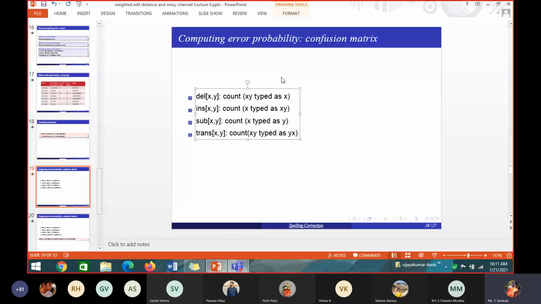For finding out the probability, you have to take 2 corpus. The first one is the error corpus. In my error corpus, I have ACRESS. For that error corpus, you have to sit manually and correct all the errors, and you have to have one real text corpus, a corrected corpus. So you should have 2 things: one is an error corpus with the error word ACRESS, and the same corpus, you manually take that paragraph, read it and correct it.